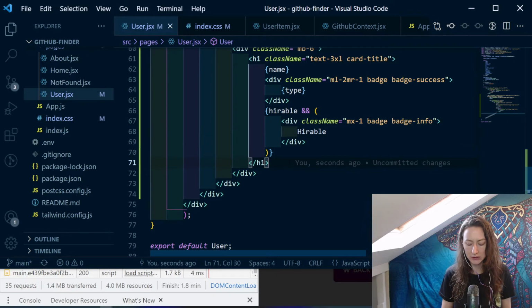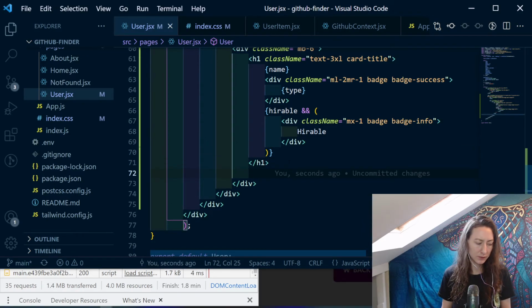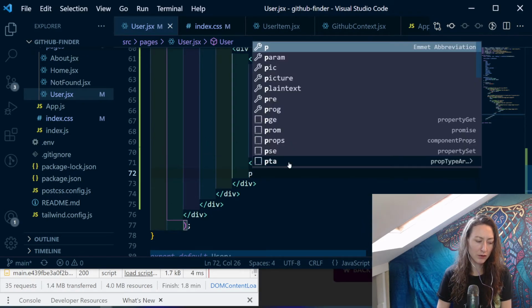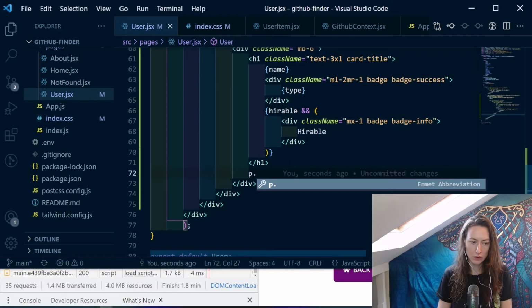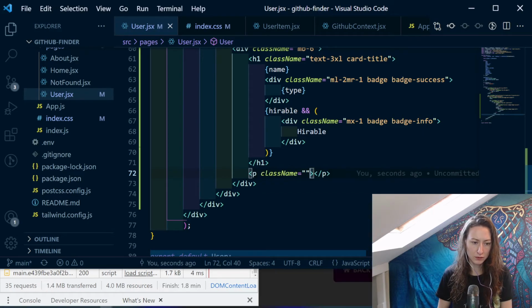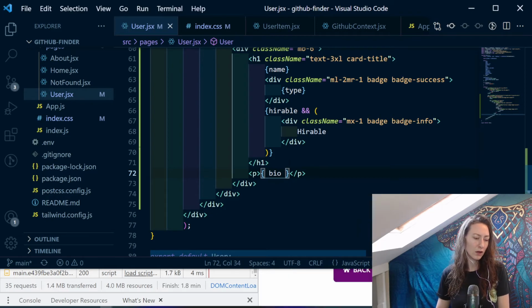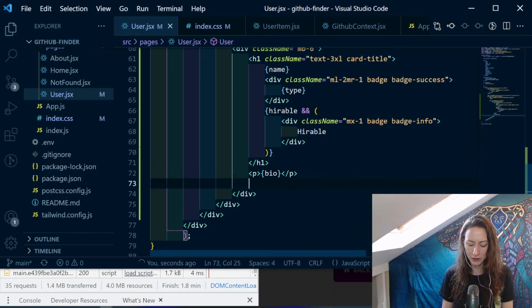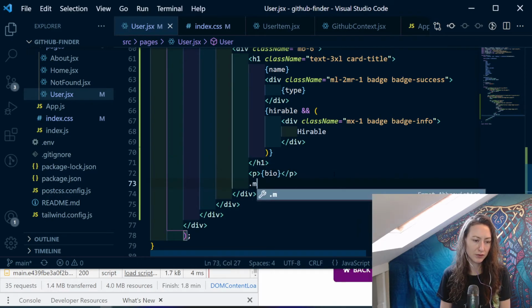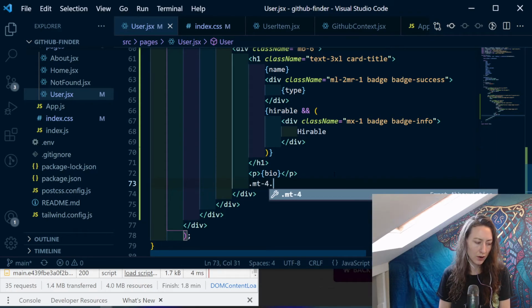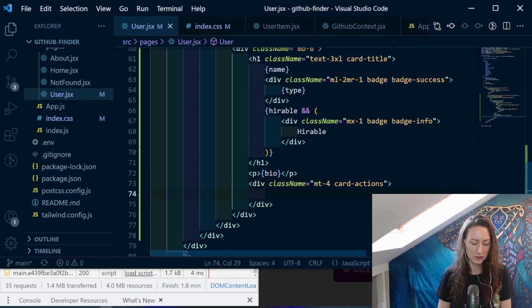So then underneath the h1 we want to add a few more. So we'll have a paragraph with the bio, so we don't need a class on this for the moment, and we'll just say bio. And then we want a button to view the GitHub profile, so we'll put this in a div with mt4 card-action and an a tag,